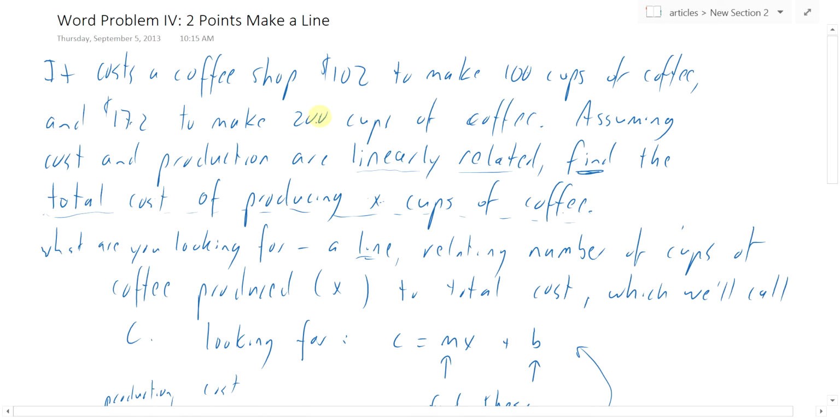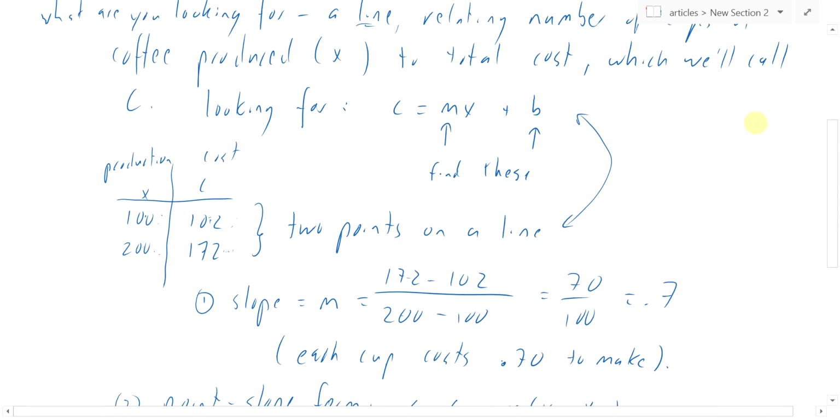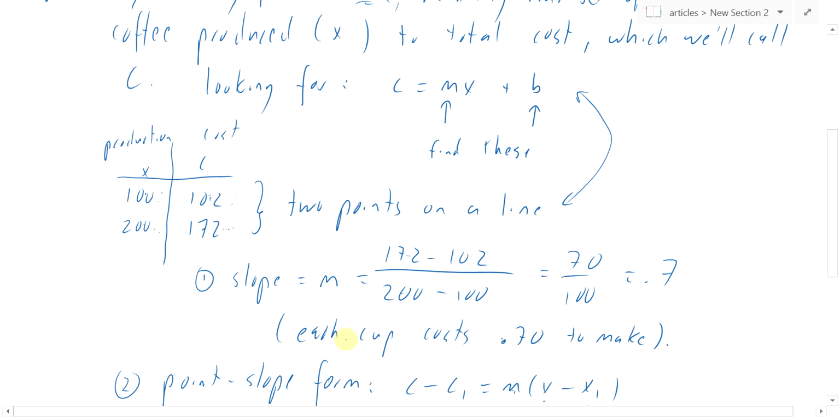And once you know 2 points on a line, you know how to find the equation of the line: find the slope first, and then use the point-slope formula to actually construct the equation of the line. And finally, when we're dealing with costs as linear functions, the slope is the variable cost, the y-intercept is the